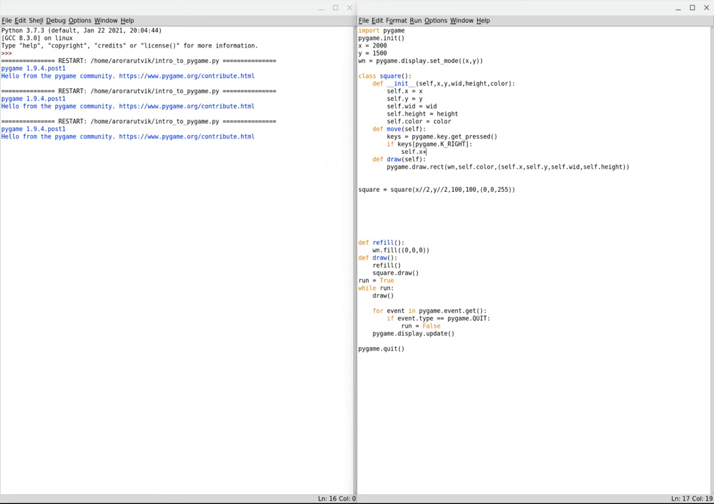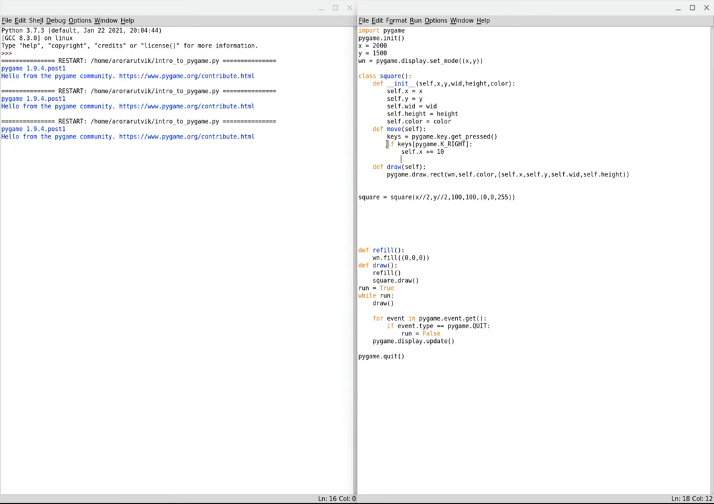self.x plus equal to 10. Keys is a list, and that list has an index, and we give index pygame.K_RIGHT. So it searches for the right key, if the right key is pressed. So if the keys pygame.K_RIGHT is pressed, then we wanted the x coordinate to plus equal to 10, right? So now we just copy paste this and do minus equal to 10,